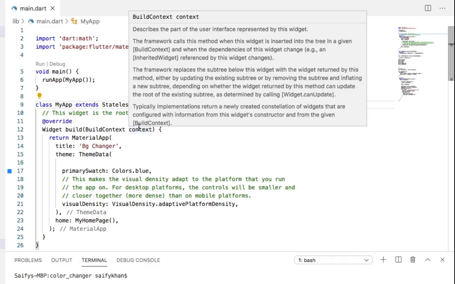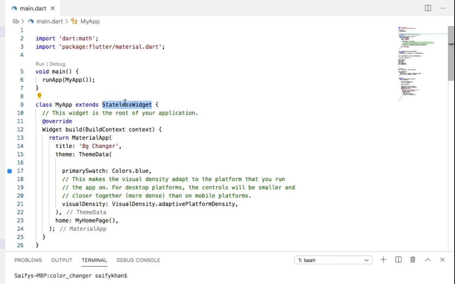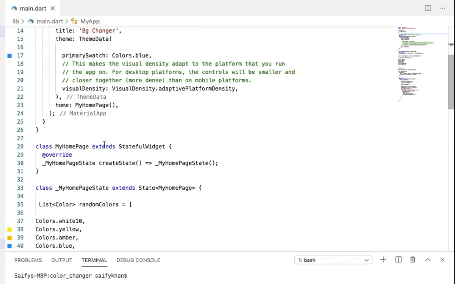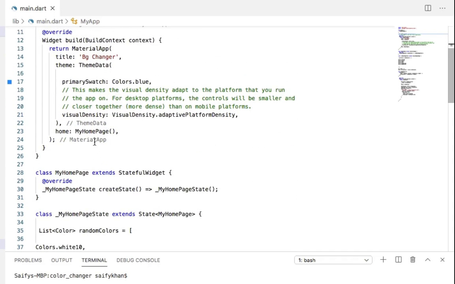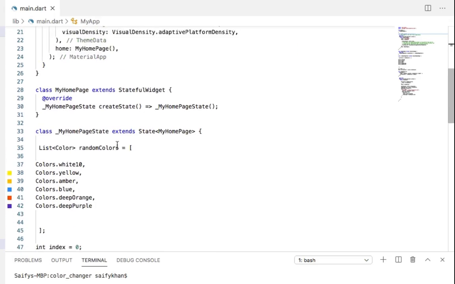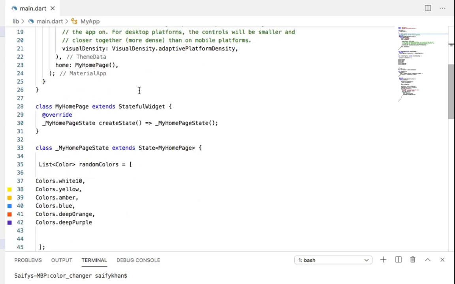There are basically two types of widgets in Flutter. One is stateless and the other is stateful widget, the details of which will be shared with you in the next video, because this video will be longer.